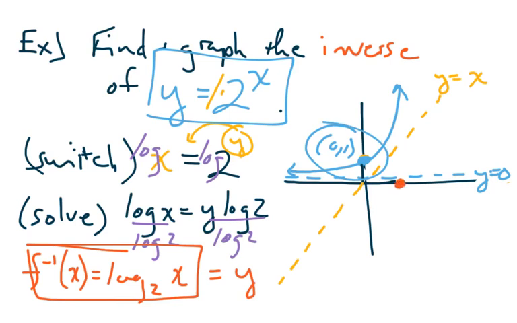We can reflect that to be the point (1, 0). We can take the existing information, like the asymptote y equals 0, and we can switch that to be the asymptote x equals 0. Now, what I'm doing here is I'm getting myself prepped to draw a graph that's going to have the reflected behavior